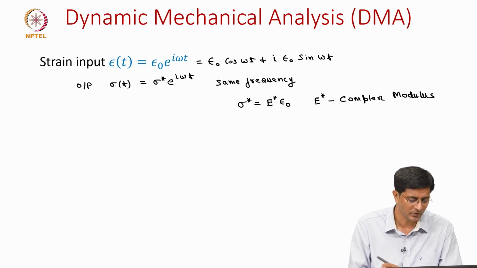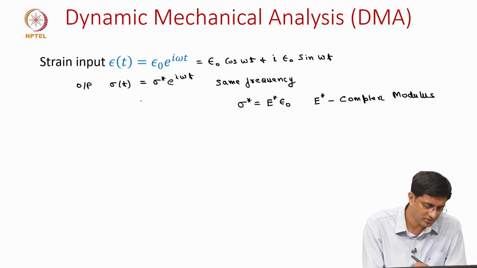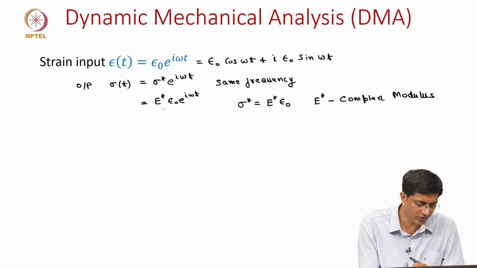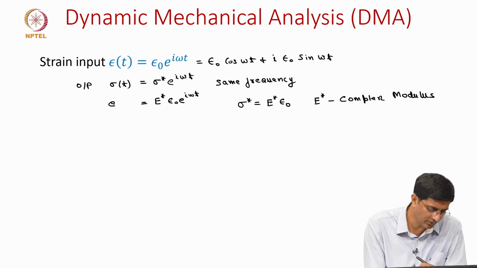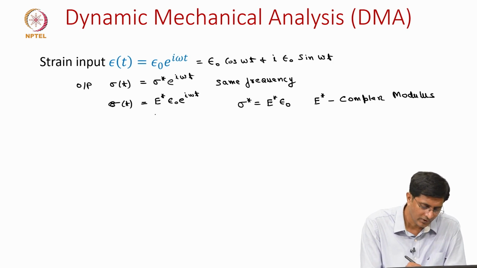Okay. So, once we substitute this, it will be E star times epsilon naught e power i omega t. So, if you look carefully in this second equation we wrote, the right hand term is simply what? E star times the strain input epsilon of t,